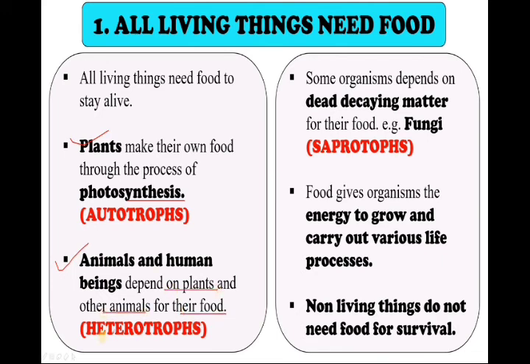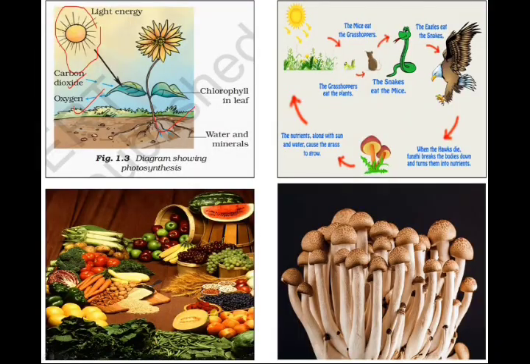And what about heterotrophs? Yes, animals and human beings. Animals and human beings are heterotrophs because they cannot synthesize food. But the thing is that